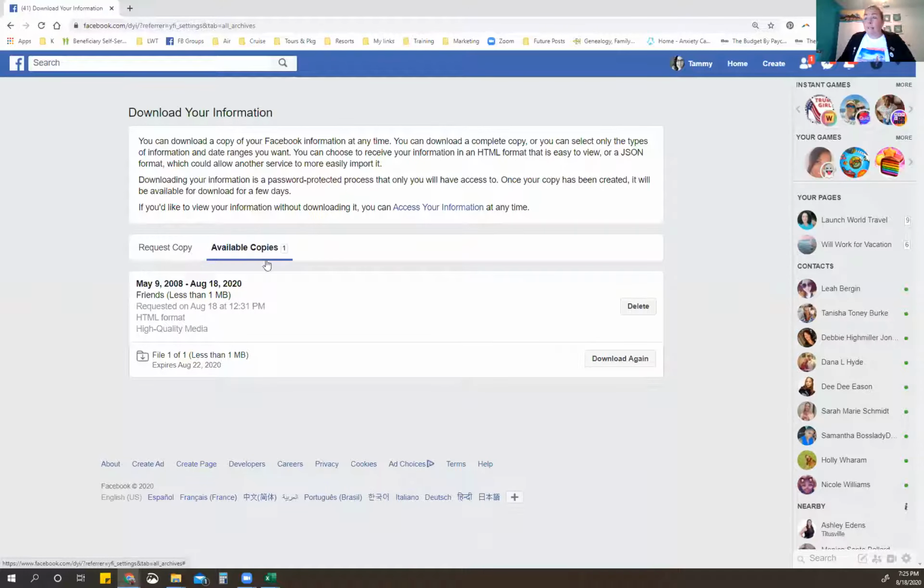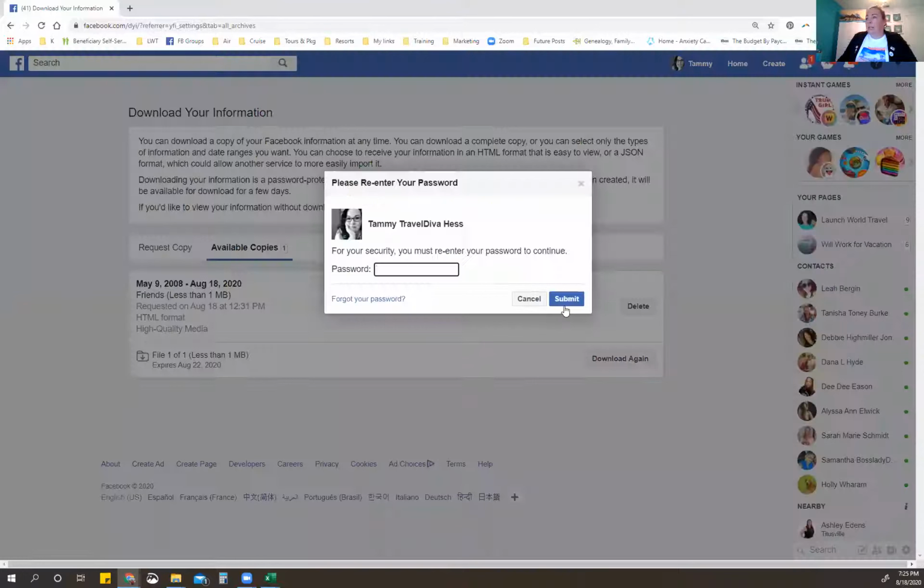I'm going to go right over here, and this is where I did this earlier today. So it lets me know that the friends list takes up less than 1 megabyte. It shows when it was requested and what kind of format it was. So it says, do you want to delete it or do you want to download it again? I'm going to select download it again just so that you guys can see it and I don't have to go everywhere looking for it. It does ask you for your password, so